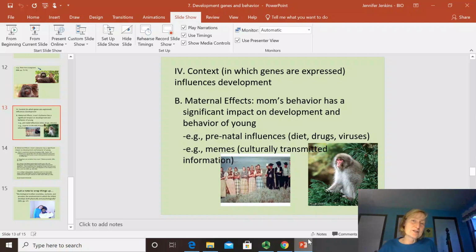Well, that behavior of washing the sweet potatoes spread widely through the whole group of monkeys by observation and repetition, by imitation. Memes can have an impact on our behavior, especially when we're thinking about our early behavior and what we learn. And really,